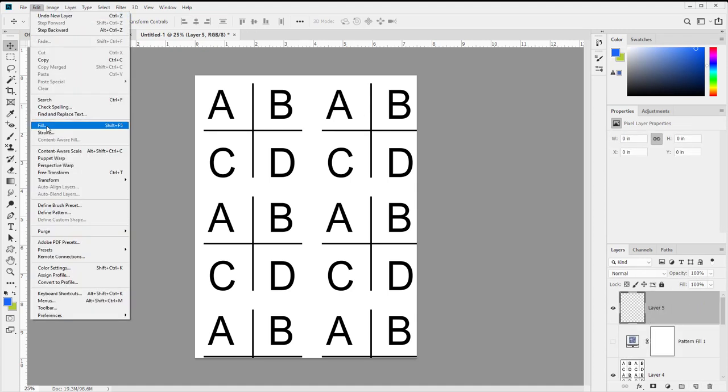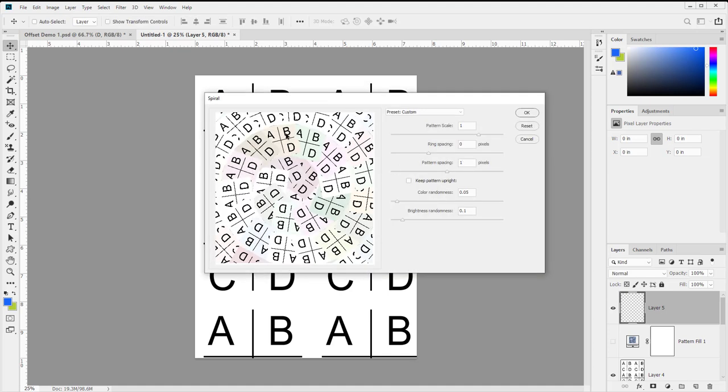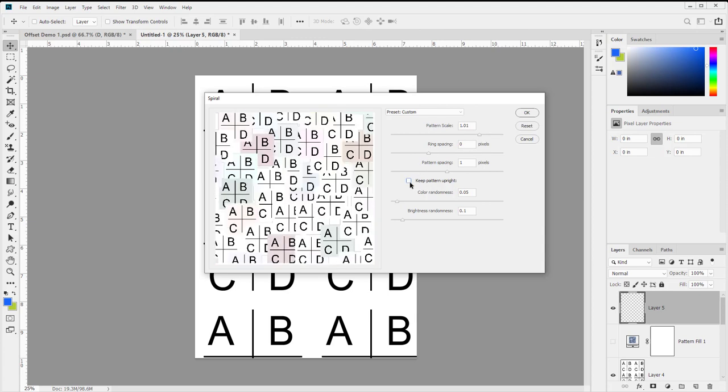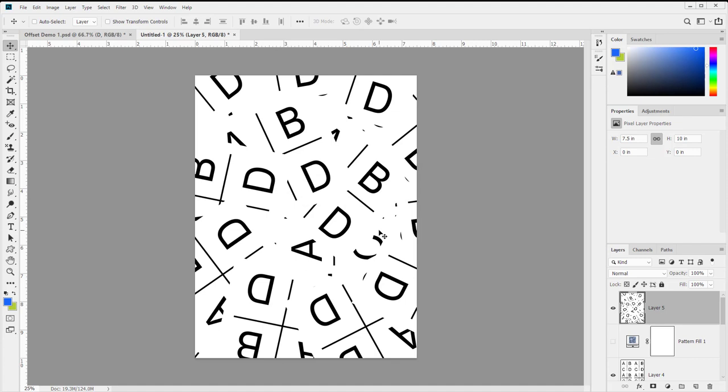Well, let me show you something pretty neat. Edit Fill on a new layer. We have something called Script. Now we have options like symmetrical fill, brick fill, crosswave, place along path, random fill, spiral. Let's do a spiral. Check that out. We can fill in patterns that we create, and we can do crazy things like keep them upright. We can have color randomness if we want it or not, and brightness randomness if we want it or not. This allows us to create very different types of patterns going in, and some of these are actually pretty